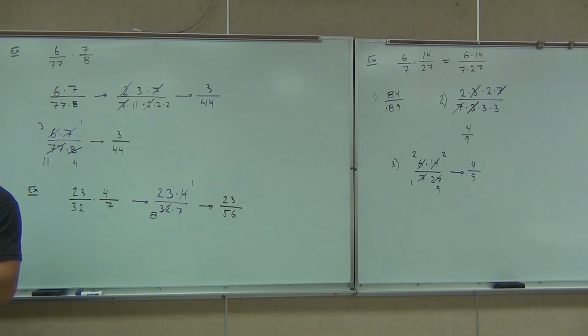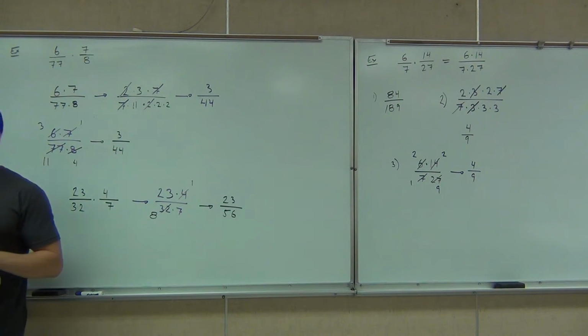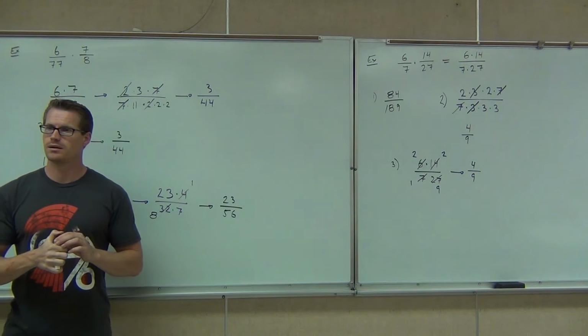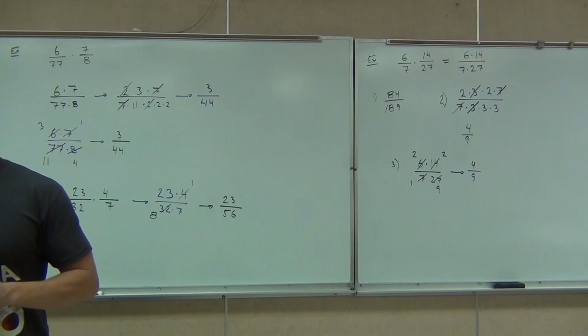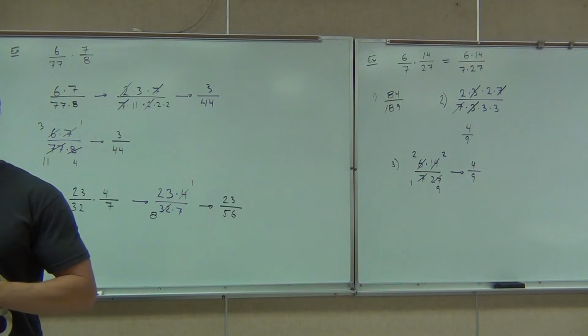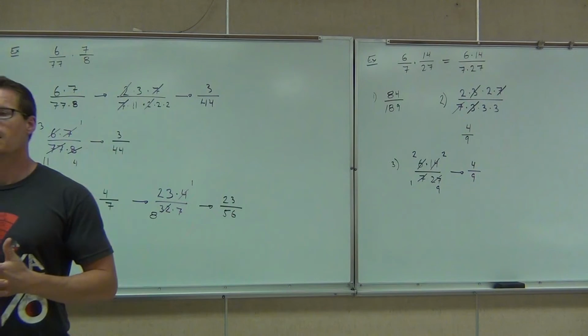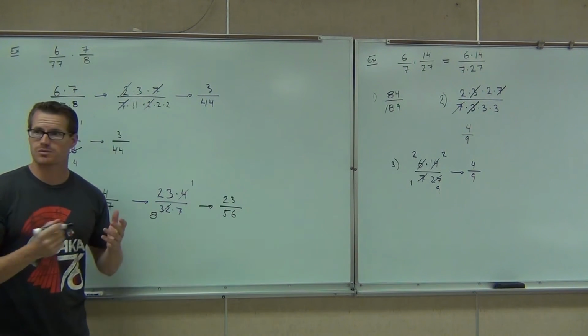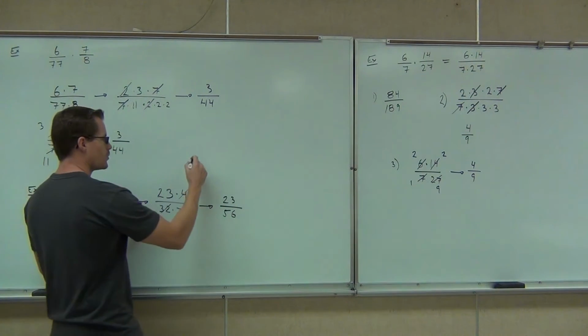Question? So you're multiplying or whatever, you don't have to use a prime number, you just use a number? Let's say it one more time. I didn't hear you. You don't have to use a prime number, you just use any number? When you're simplifying? Yeah. Exactly. We can write this as the product of primes if you'd like, but you're going to see that when you do that,